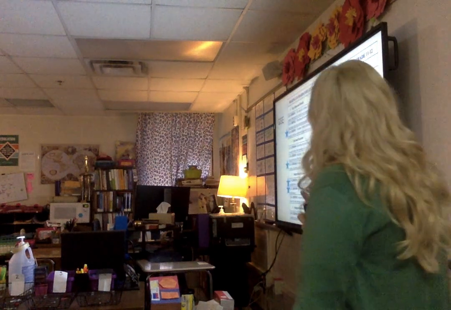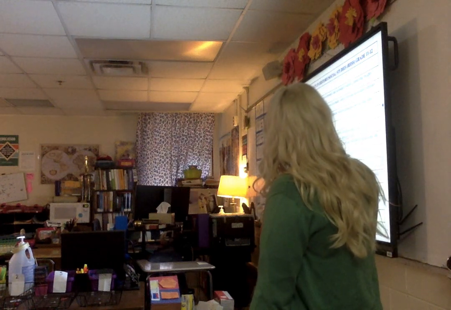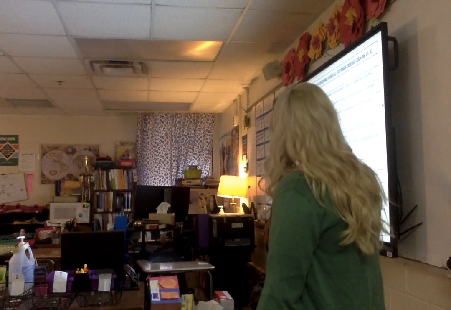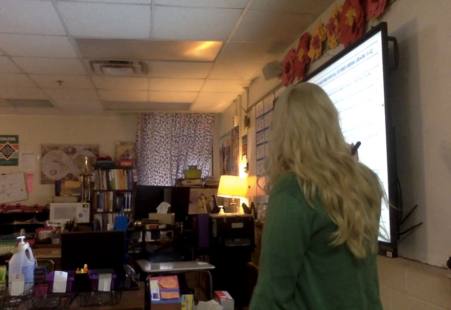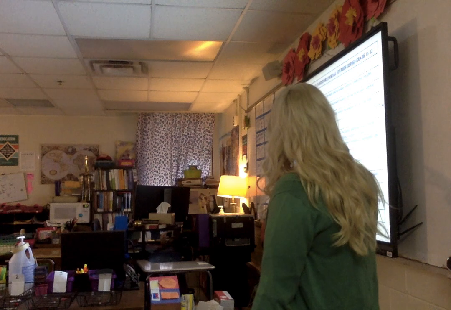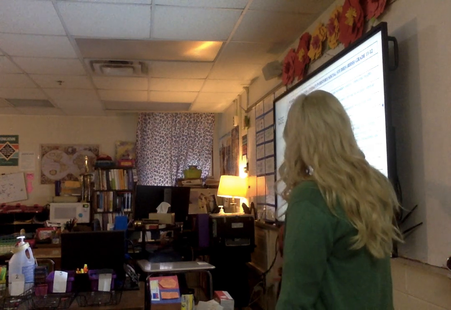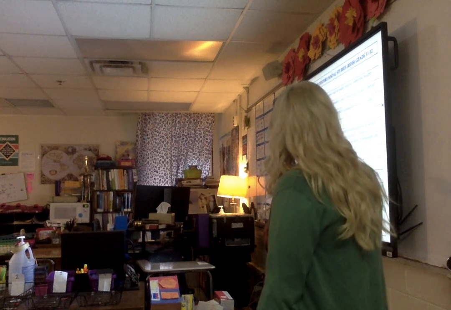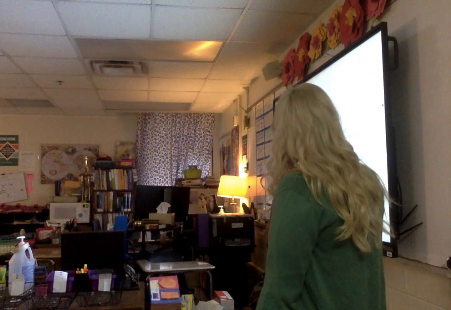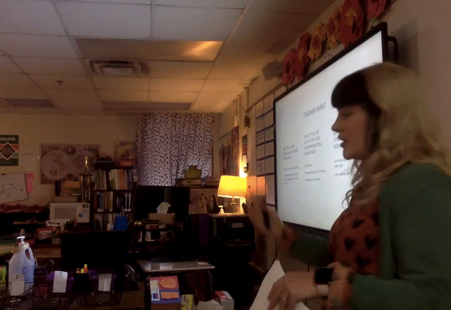Okay, and then here's 11 and 12, pretty similar. Evaluate various explanations for actions or events and determine which explanation best accords with textual evidence. Evaluate authors' differing points of view on the same historical event. So a little historiography. Integrate and evaluate multiple sources of information presented in diverse formats. Evaluate an author's premise, claims, and evidence by corroborating. All of these things add up to basically sourcing and learning how to analyze our sources.